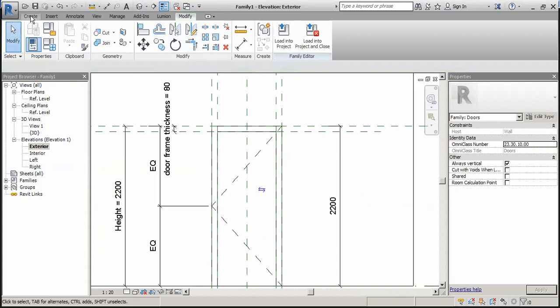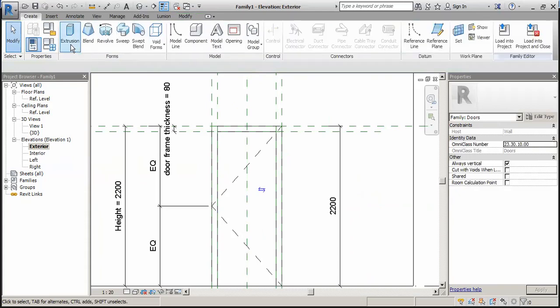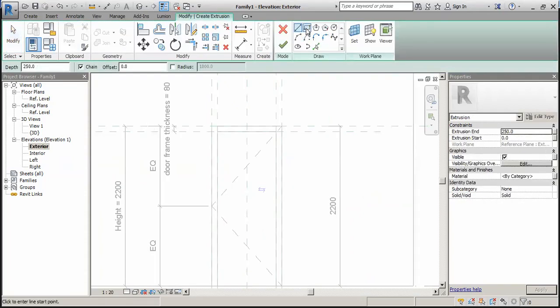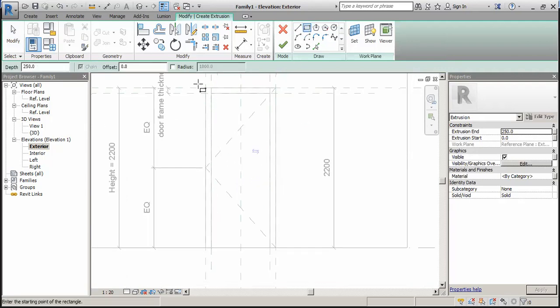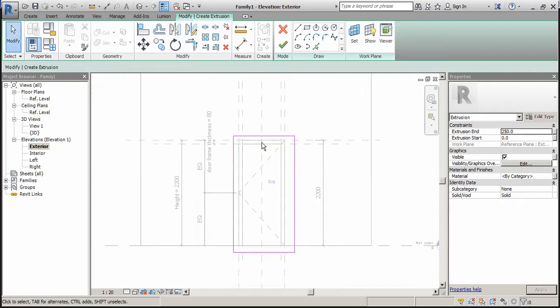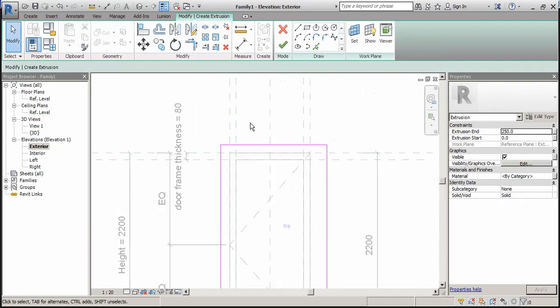And go in create and select extrusion. Again, select rectangle and then draw the rectangle. Then align it and lock it. So this is our reference line.